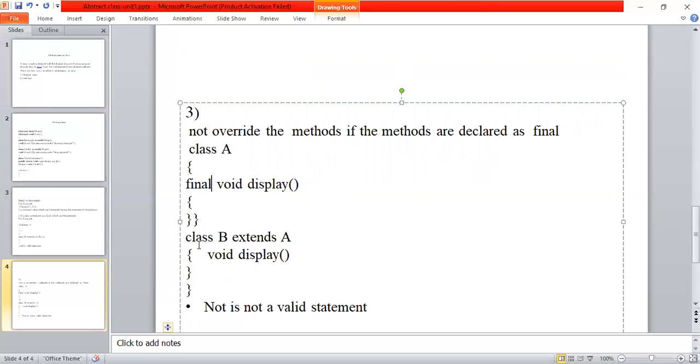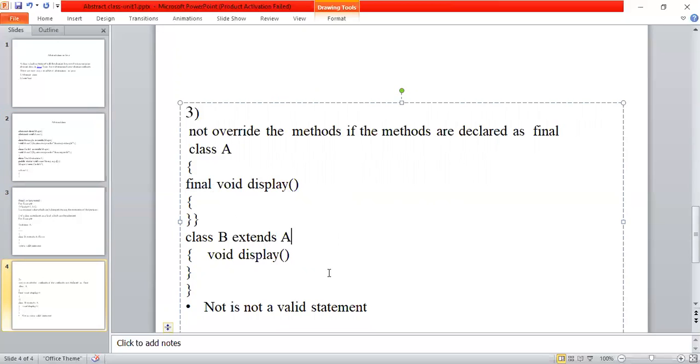And similarly here I have a class B which extends class A. Again here I define the display method. If the final keyword is not available before display, then I can override the method. If the display method is defined using the final keyword, I cannot override it. So this statement is illegal, or not a valid statement.